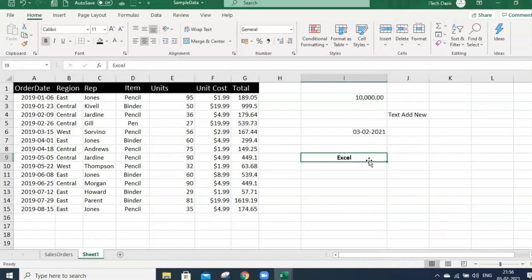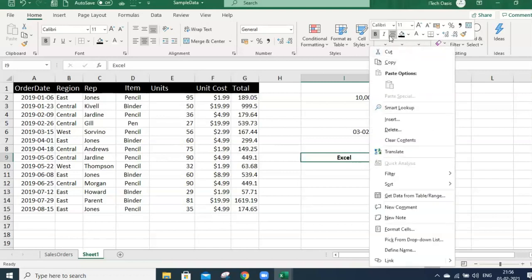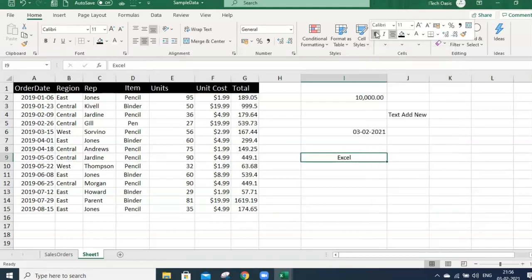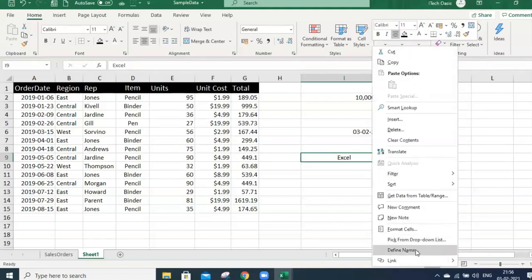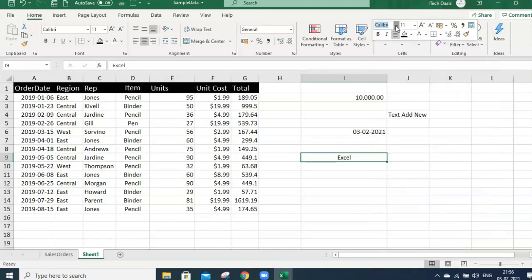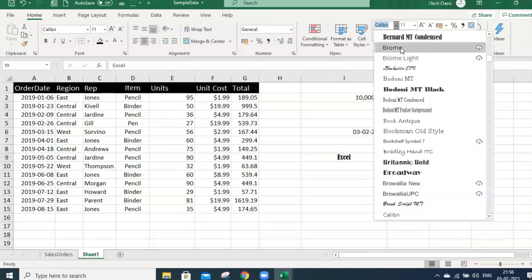See, when I press bold, right click, and when your mouse cursor is over here, the minibar stays there, but the right click options are not there. So that means Excel identifies that you are not going to use these options, you are continuing with this option. So here what I will do, I will change the format to this one,